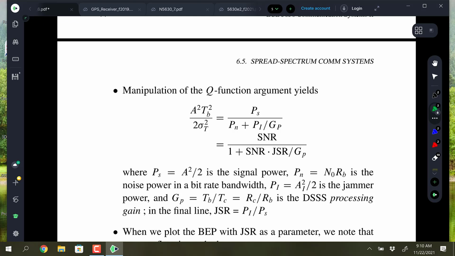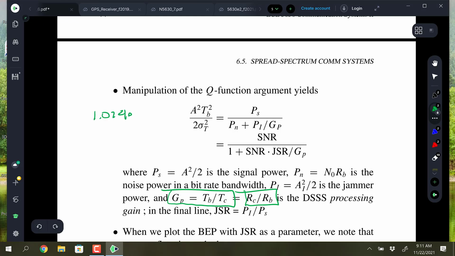And G_P is the processing gain. So G_P is the ratio of the bit period to the chip period, or it's the inverse. So it's the ratio of the chip rate to the bit rate. So in the GPS I was talking about, it's really very, very large because the data is at 50 bits per second in GPS. So it's 50 bits divided into 10 megabits or megachips. So the processing gain for the really wide signal is really, really large, and for the commercial one, it's going to be